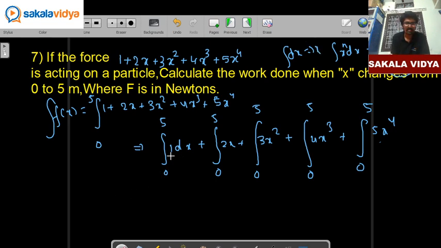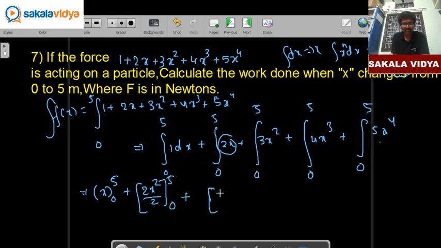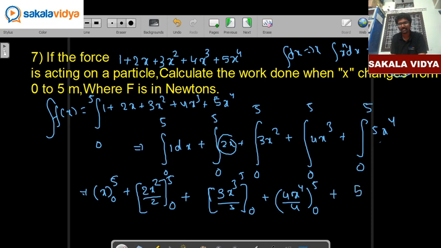So integration of 1 dx is nothing but x, with limits 0 to 5, plus integration of 2x is nothing but 2x square by 2, with lower limit 0 and upper limit 5, plus integration of 3x square is nothing but 3 into x cube by 3, lower limit 0 upper limit 5, plus integration of 4x cube is nothing but 4 into x to the power of 4 by 4 with lower limit 0 upper limit 5, plus integration of 5x to the power of 4 is nothing but x to the power of 5 by 5 with 0 and 5. If we solve this, we are going to get